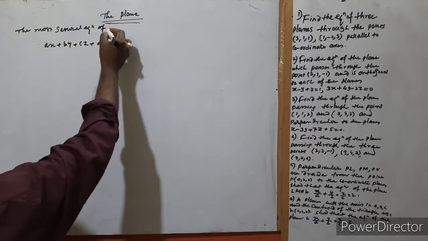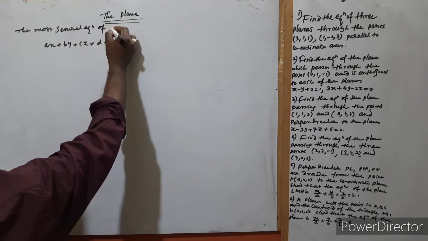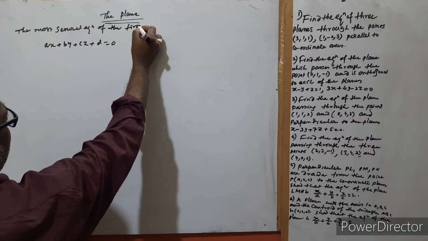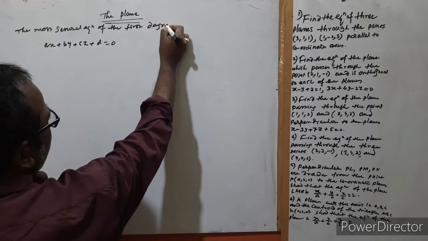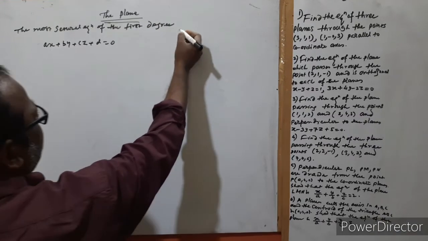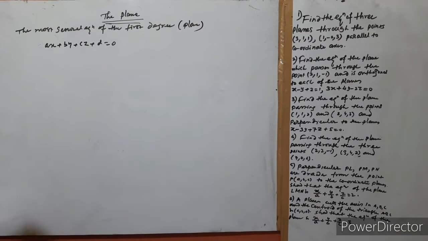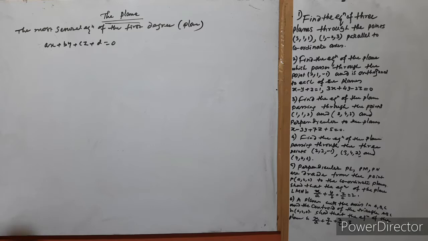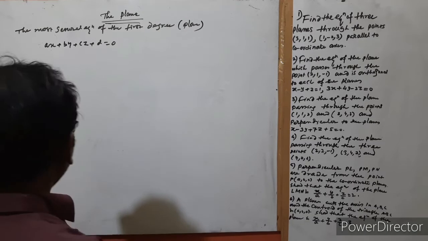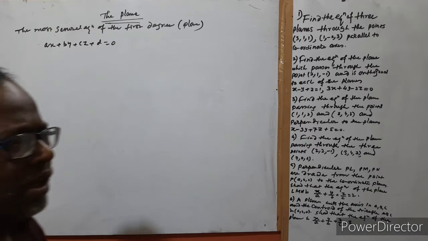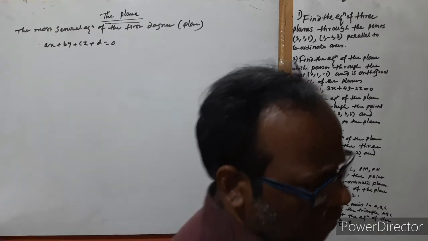The most general equation of the first degree. Okay, that is ax plus by plus cz plus d is equal to 0. And students, see here, a, b, c, these coefficients are called the direction ratio of the normal to the